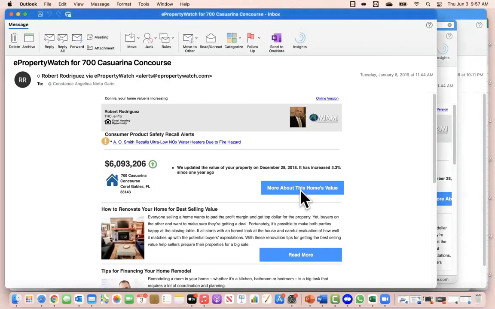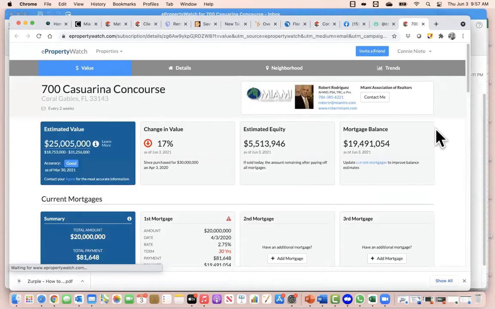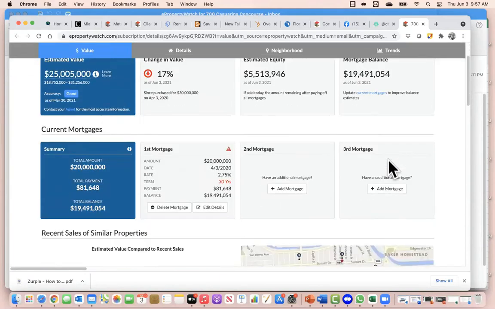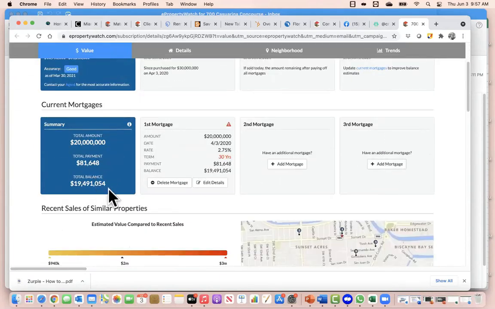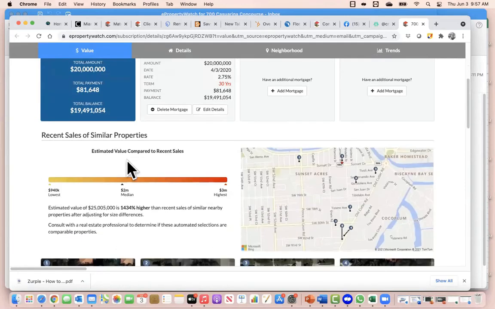And all they have to do is click that more about the house, more about the property, and they get this wonderful page with valuation, accuracy, change in value estimation, estimated equity, mortgage balance, current mortgages to the property, first, second, additional mortgage info, recent sales of similar properties in the area,